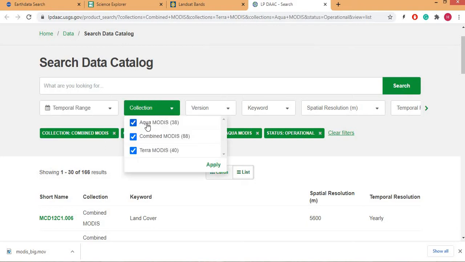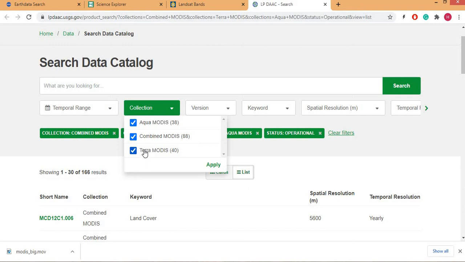What type of data do we need? MODIS Aqua or Terra. MODIS Terra is a 16-day product. I mean to say, if an image is available today, then after 16 days the next image will be available. Aqua is also 16 days. For example, if an image is available after 8 days from now, then the next image will be available after 24 days from now. I mean to say, there will be one image on 1 January, there